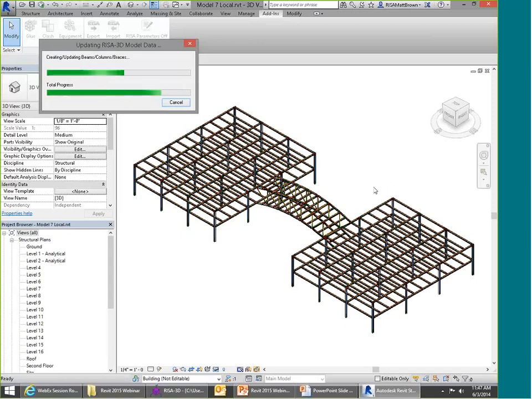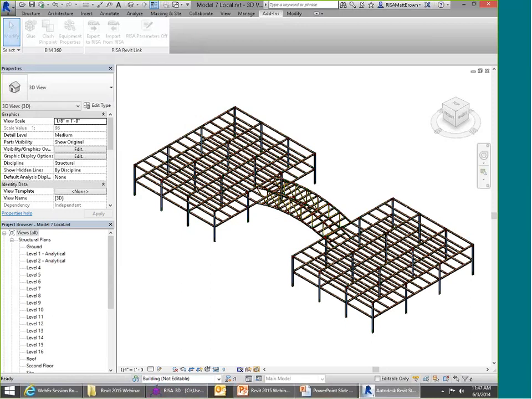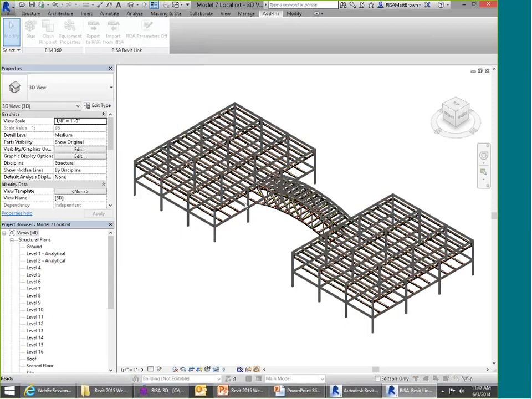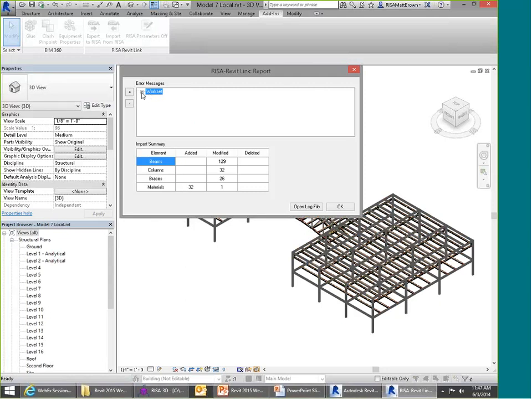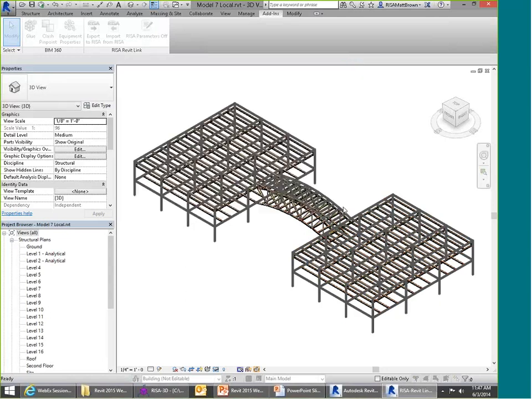Now, if everything was fine, then what we would see is that this floor level would move up by 3 feet, just like we edited in RISA 3D here, and then we should see that the beams would be color-coded black as opposed to yellow since they weren't modified. But instead, we get our error report right here that says the worksets for the building, the levels, and the bridge are all not editable. And so that when I hit OK now,